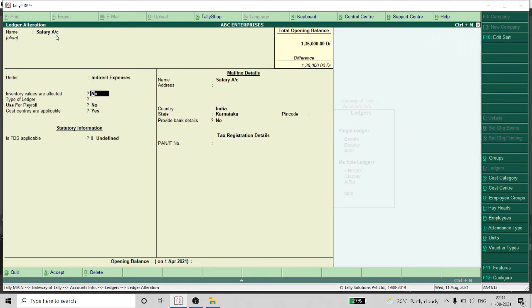Affected, no. And here cost centers are applicable, yes.